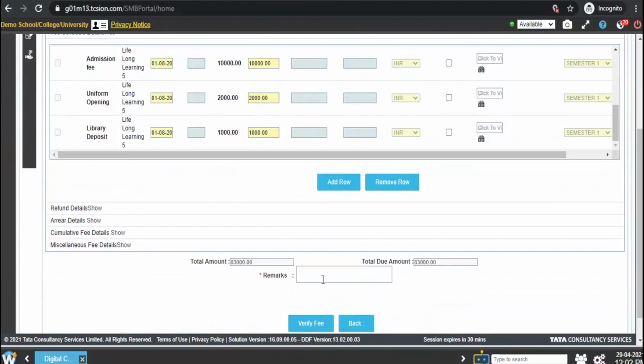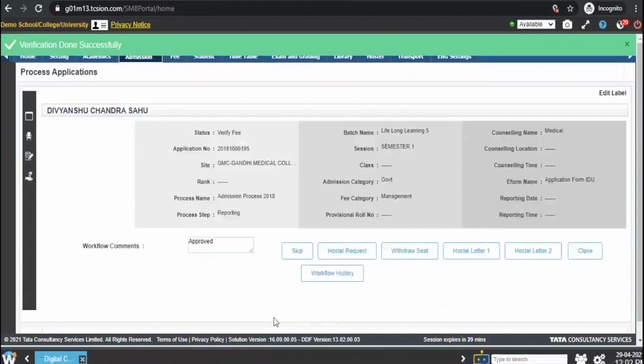So the admission department can just verify the fees generated for any applicant based upon the fee category assigned, and click on verify fee. On the other hand, in parallel, the student or the applicant can make the admission fee payment, again using the online fee provision that we are providing.